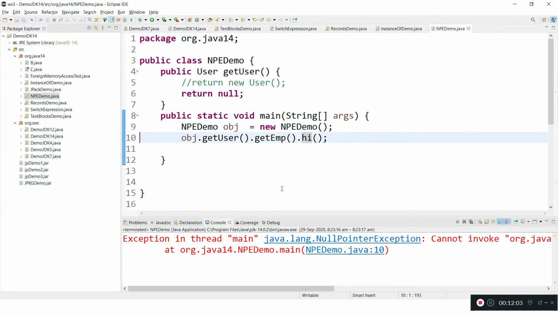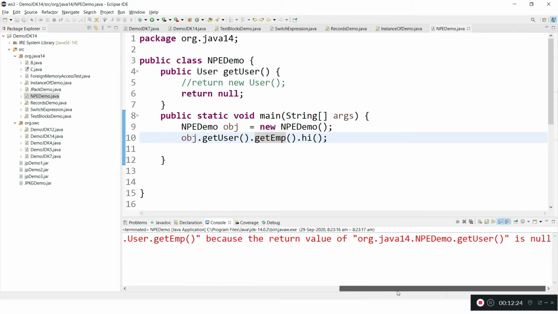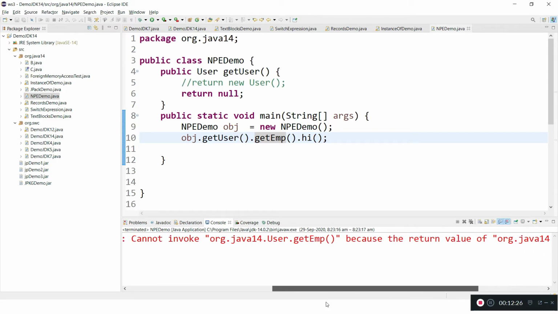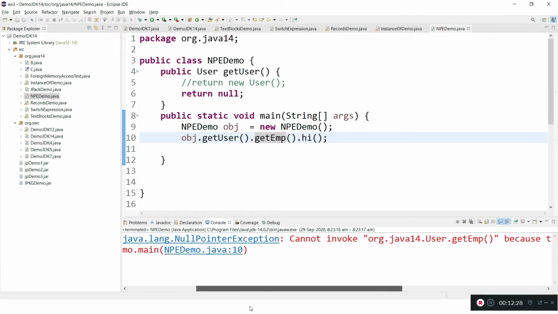Previously it was very difficult to know where exactly the null pointer was thrown, because it was not giving the pinpoint. It was giving something like at line number 10 there is an exception. But in Java, here we can see the NullPointerException, how it is giving more readability.